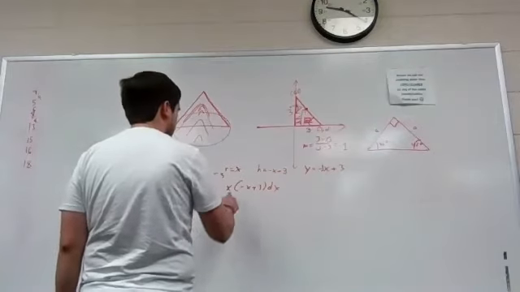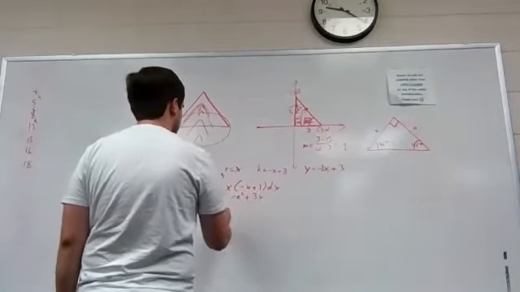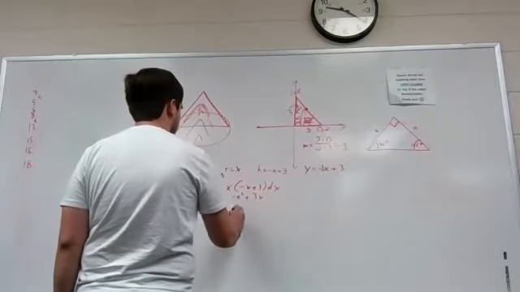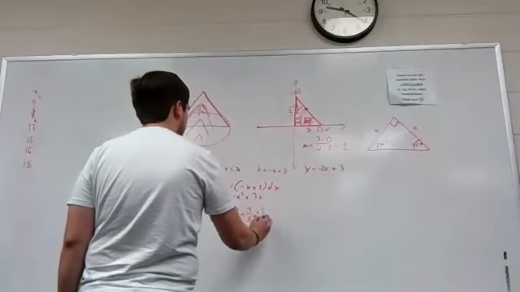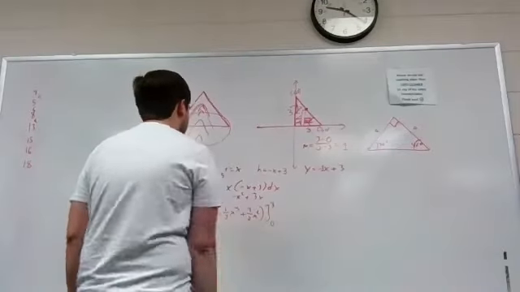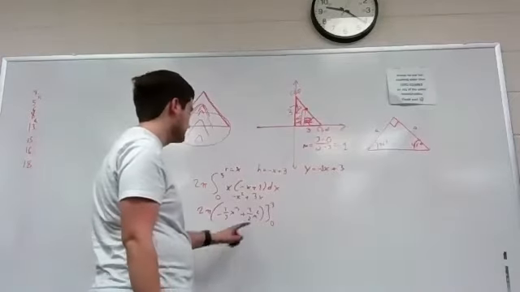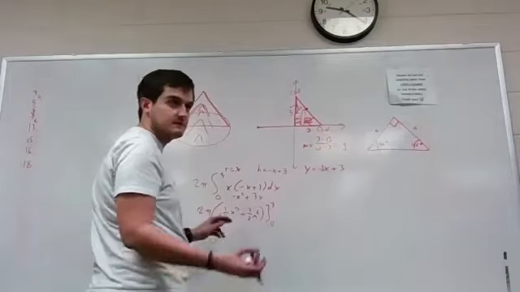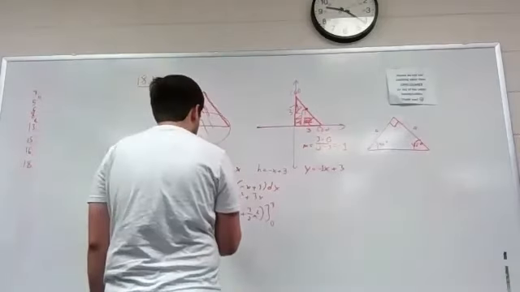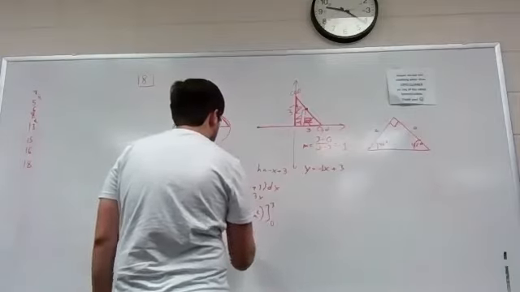So we're gonna get 2 pi times the integral of minus x squared plus 3x. So we're gonna get negative 1/3 x cubed plus 3/2 x squared from 0 to 3. And so we get 3 cubed. So that 0 doesn't do anything. 3 cubed, or 3 squared is 9. So we have 2 pi times negative 9 plus